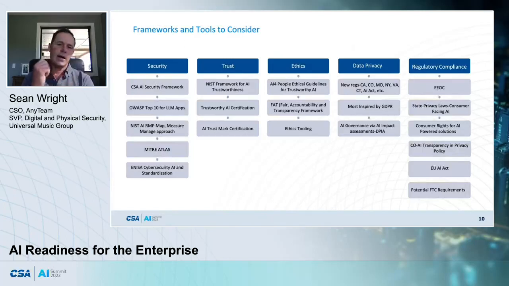Ethics. AI for People, ethical guidelines for trustworthy AI. There's the FAT, the Fair Accountability Transparency Framework, and then there's a lot of different ethics tooling out there as well. Microsoft has some good tools in place. Google also has some good tools in place that can be leveraged if you're building your own